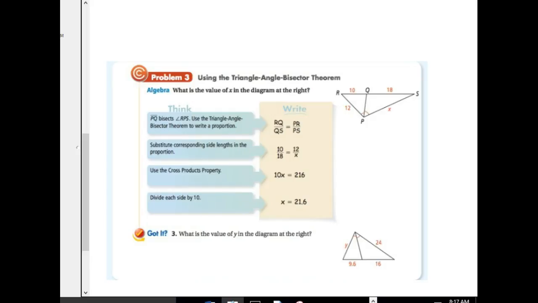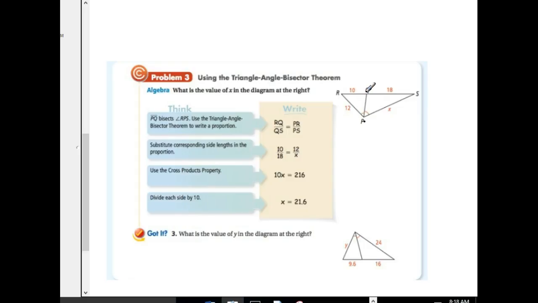Hello, we're looking at problem number 3, which is found on page 474 of your Geometry Part 2 textbook. This is using a theorem called the triangle angle bisector theorem, which is simply trying to say that if you have another line represented as PQ here that bisects one of the angles, then it creates segments that can be written